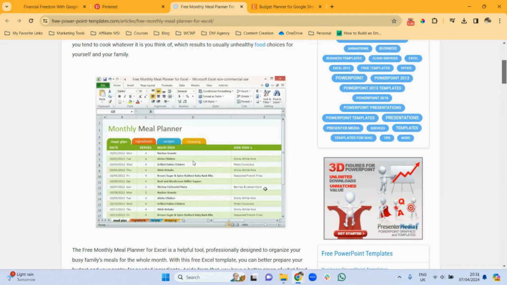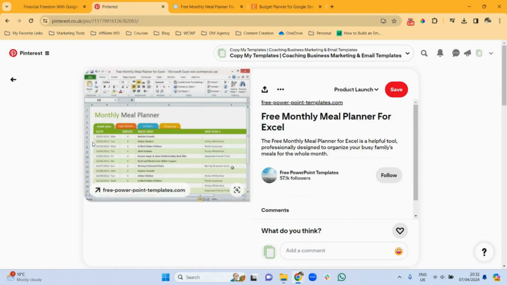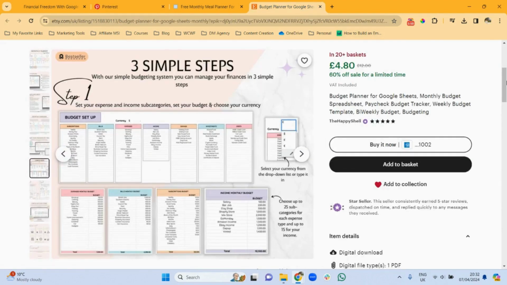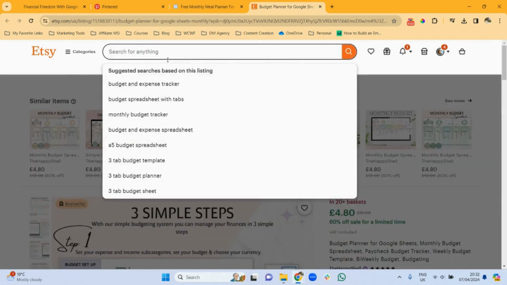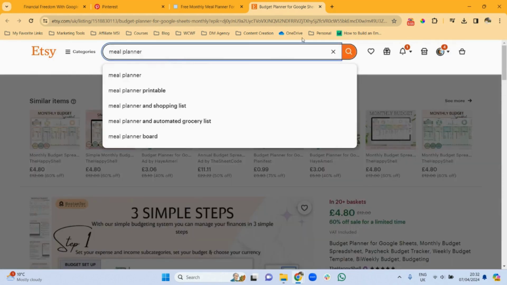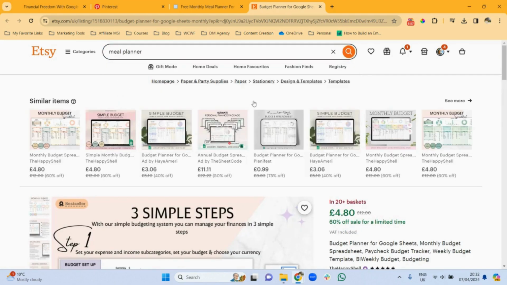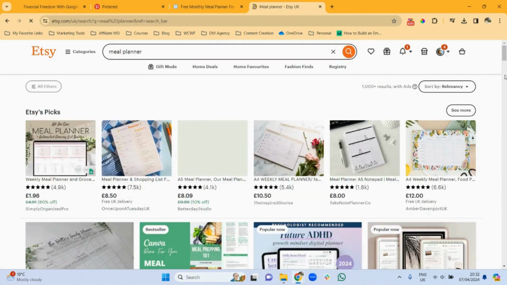I mean, busy individuals and families will appreciate the convenience of a spreadsheet like this. And the best part is that you can personalize it with recipes and dietary preferences, making it a sought after digital product in the market. So if I were to go to Etsy, for example, and I search meal planner and shopping list, let's see what options they have.